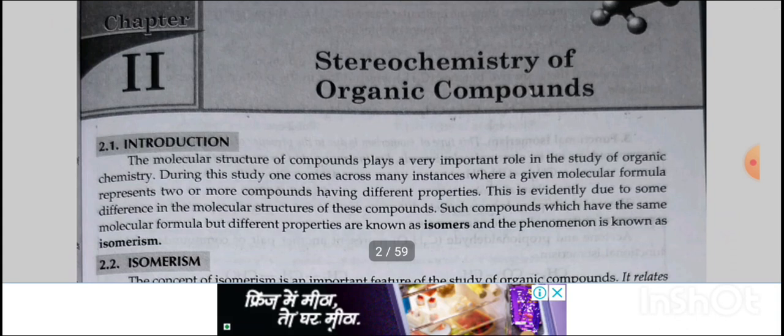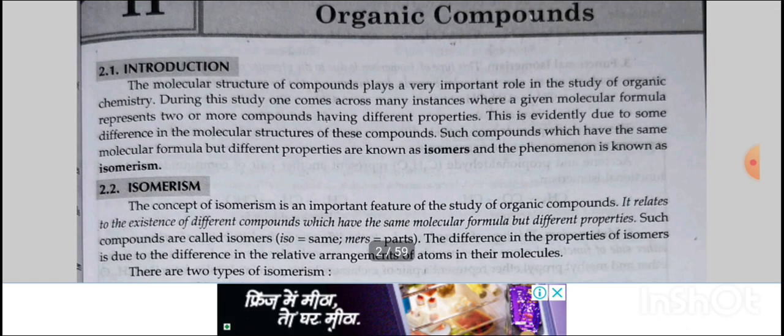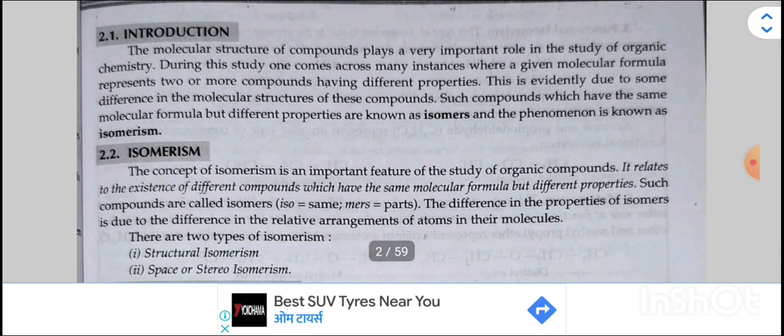The molecular structure of compounds plays a very important role in the study of organic chemistry. During this study, one comes across many instances where a given molecular formula represents two or more compounds having different properties. This is evidently due to some difference in molecular structures of these compounds. Such compounds which have the same molecular formula but different properties are known as isomers, and the phenomenon is known